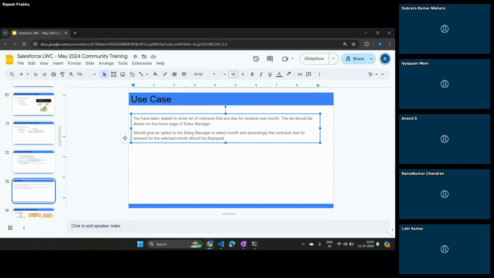Okay, if I just select November, then I should see all the contracts that are due for November 2024. If I just choose August, then all the contracts that are due for August 2024 should be displayed. Okay, yeah. So not only that, you should also give an option